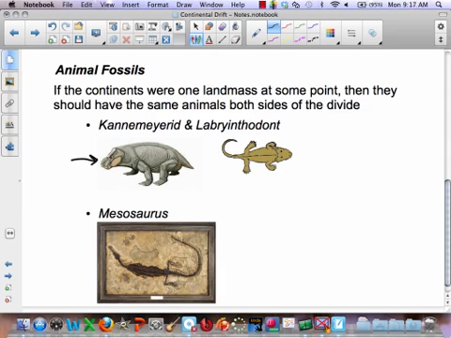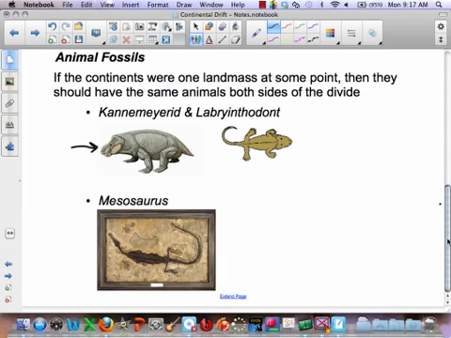Now, another one that's kind of important here is the Mesosaurus. When you look at the Mesosaurus, what does it look like to you guys? A lizard. Or even possibly an alligator, like a small little caiman, right? And again, kind of important to note here is you're not going to find these guys in open oceans. But where do we normally find alligators and caimans? Yeah, shallow waters. So again, findings on both continents suggest that you're not going to see them in open ocean. You're going to find them more in your shallow waters, maybe lagoonal. And so that's one place there.